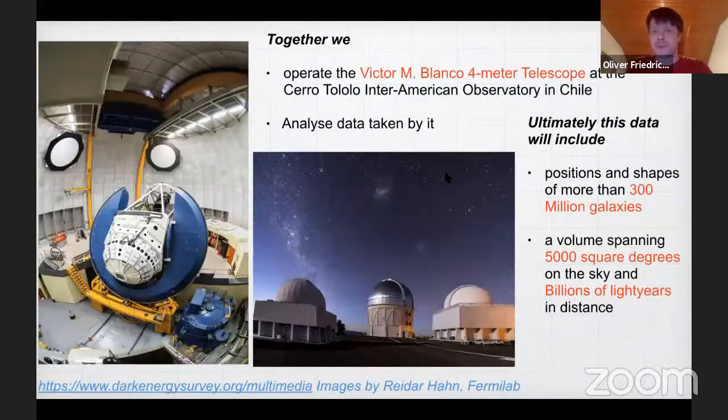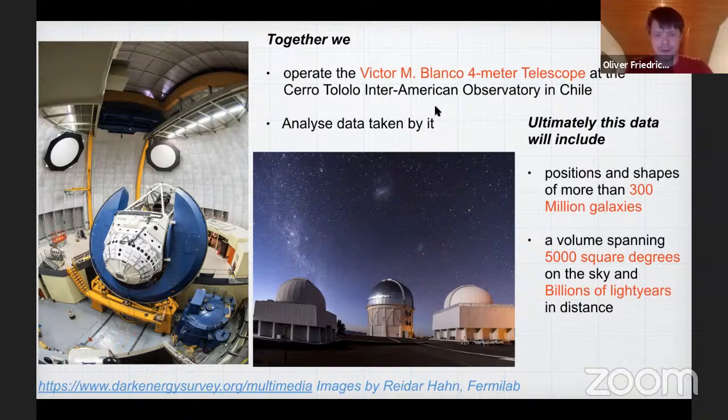And yeah, what we're doing is together we operate a 4-meter telescope, the so-called Victor M. Blanco telescope at the Cerro Tololo Inter-American Observatory in Chile. And we also jointly analyze the data that is taken by that telescope. And ultimately the goal is to measure the positions and shapes of more than 300 million galaxies on the